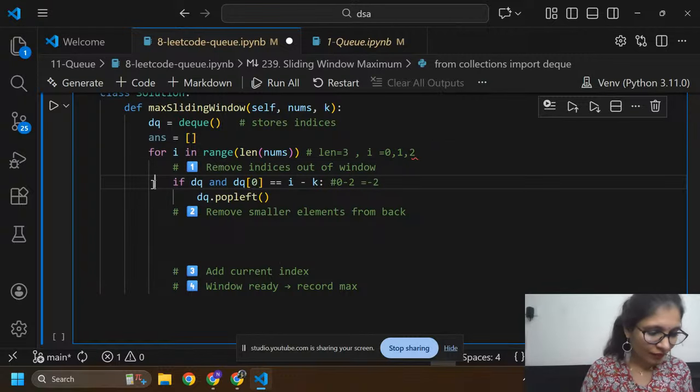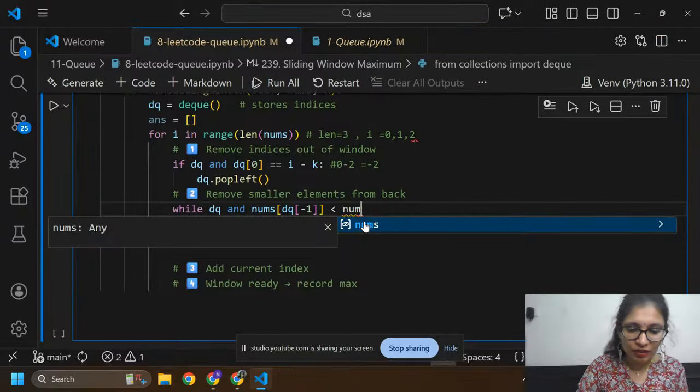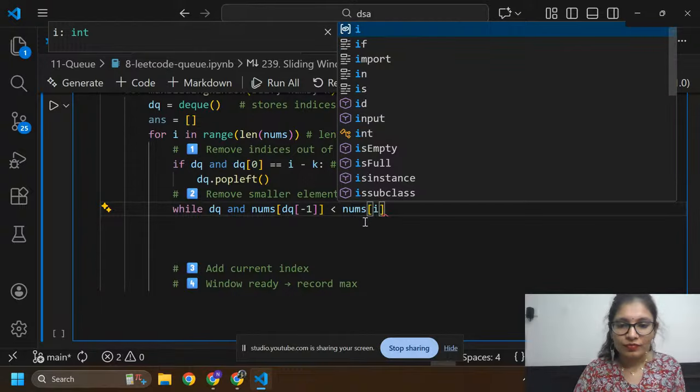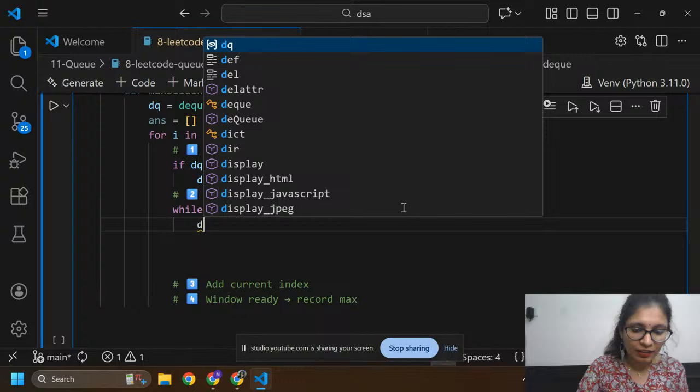Okay, sorry, I'm going to write a while loop. So while dq and numbers of dq at index minus 1, which means the last element, is less than equals to numbers of I. Now you need to use colons here. Then it will return the last element, that is